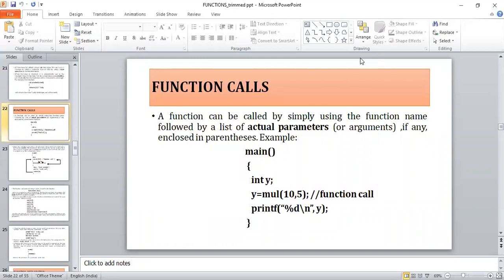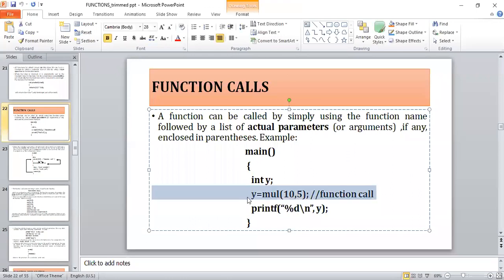Please have a look at the code snippet. Here we can observe the main function. In main I have taken y, which is of type integer. y is equal to multiply of 10 comma 5. This is nothing but your function call. y is the variable which stores the result after the multiplication operation.